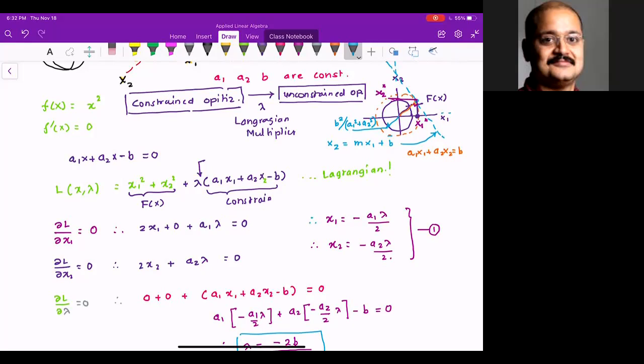Now the next question is, does f of x have to be a circle? The answer to that question is no, not at all. But you need to have a convex function, and a convex function means that you have some type of a square term, some type of a fourth power term. Otherwise, you're not going to have a convex bowl. You're not going to get a nice minimum.